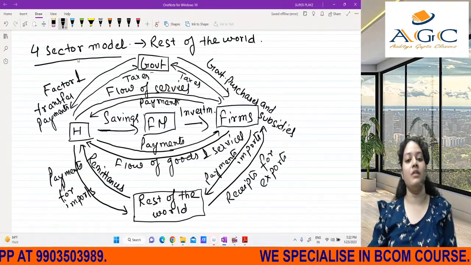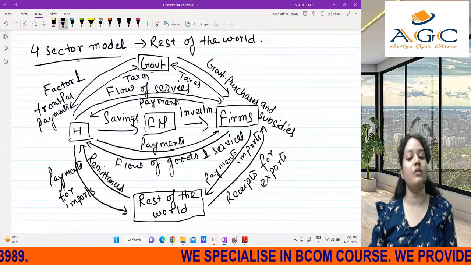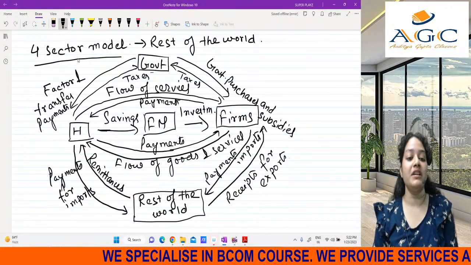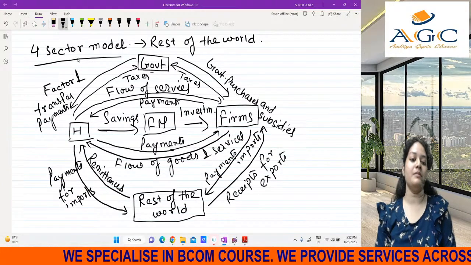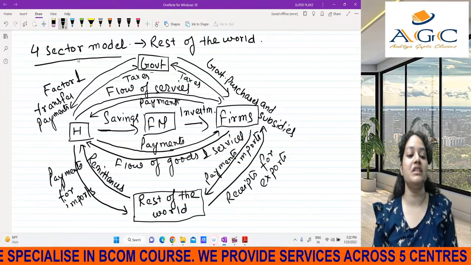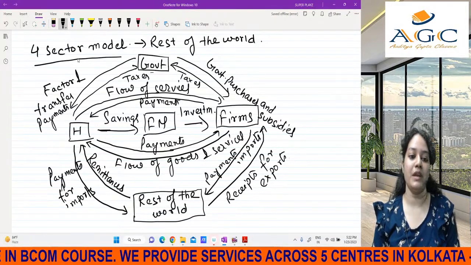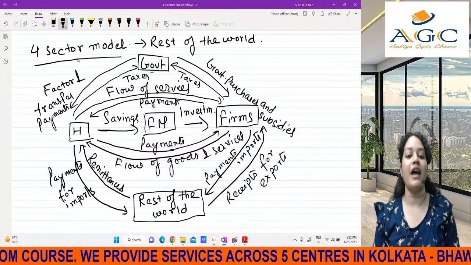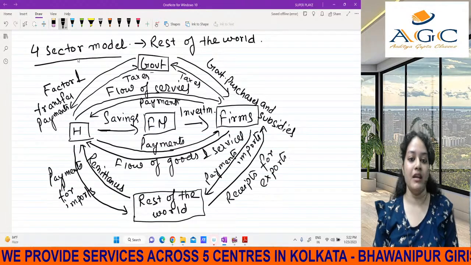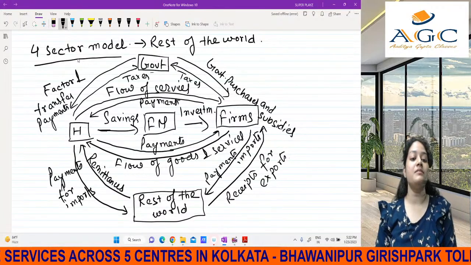So from both the households and the firms, they are paying taxes to the government. That is the flow that is happening from the household to the government and from the firms to the government. Now, what is the government giving to the household sector? They are giving factor payments or transfer payments. Transfer payments, as I said, come under anything which you are receiving from the government, for which the government is not asking anything back from you. Obviously, if you are receiving a scholarship, you have to secure some good marks. There is a basic criteria you have to fulfill, but the government is not asking for anything apart from that. So that comes under your transfer payments.